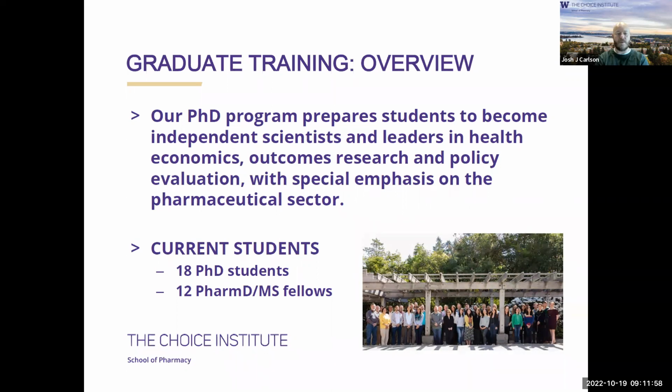We do have somewhat of an emphasis on the pharmaceutical sector, given that we are in the Department of Pharmacy and the School of Pharmacy, but our students and faculty do this work across other areas as well, including devices, diagnostics, policy evaluation, etc. So that's only an emphasis. We don't exclusively focus on the pharmaceutical sector.